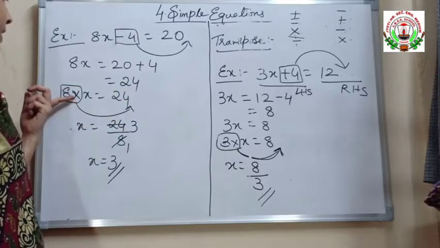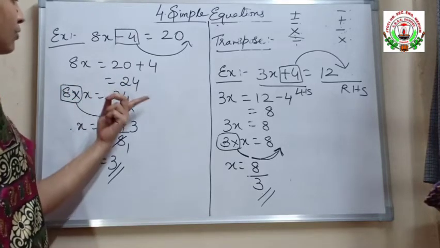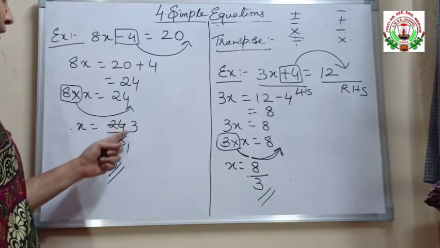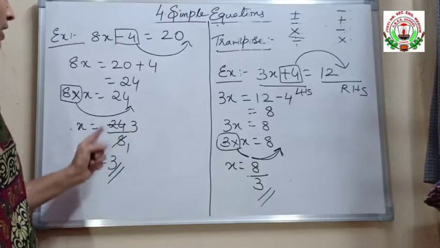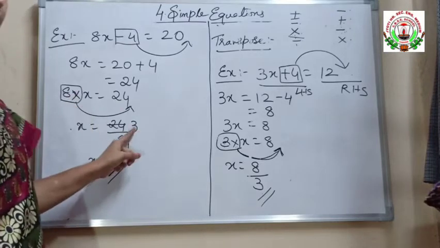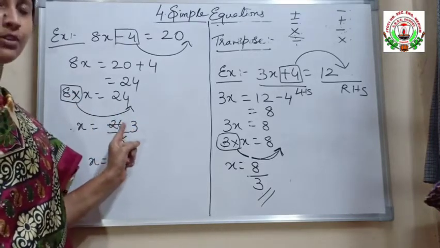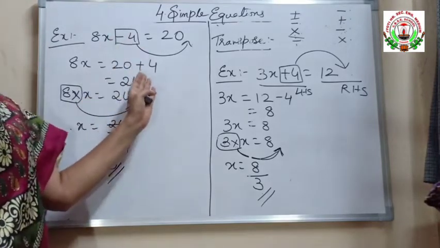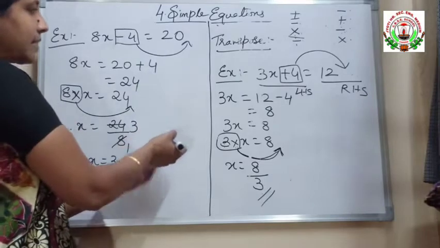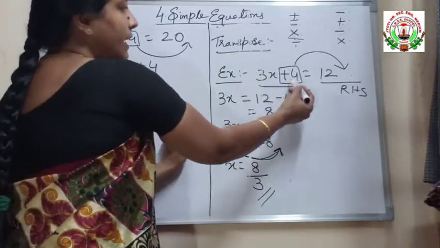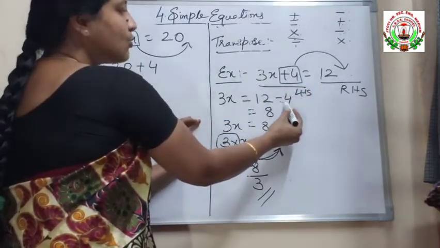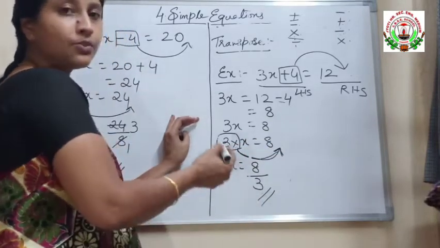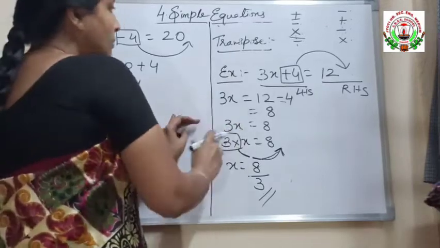And this 8, when we transpose it from the left hand side to the right hand side, being multiplication, becomes a divide sign. So 24 divided by 8 is 3. So a multiplication sign transposed to the right hand side becomes a divide sign, and a minus sign becomes a plus sign. This is one example, and in the first example I gave, a plus sign is transposed to a minus sign, and here again a multiplication sign is transferred to a divide sign. One more example.